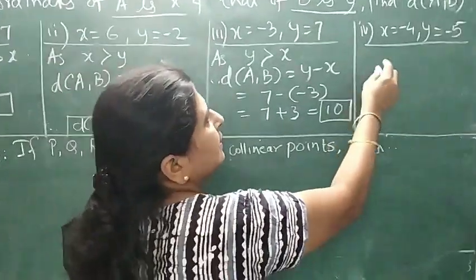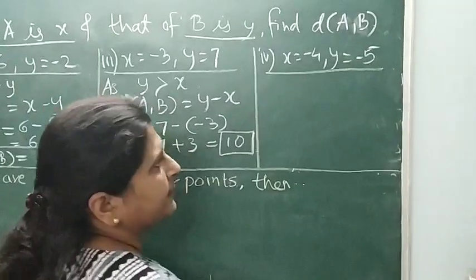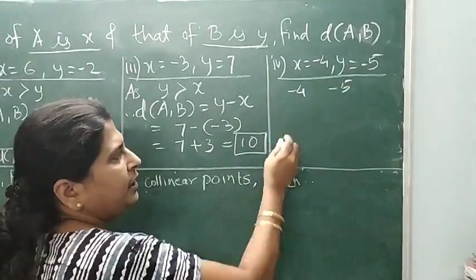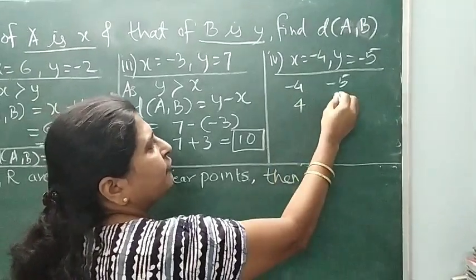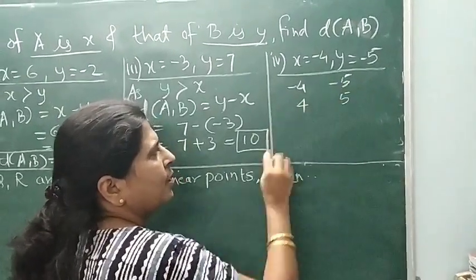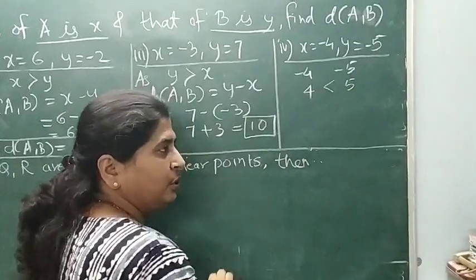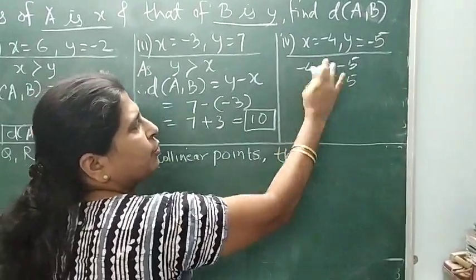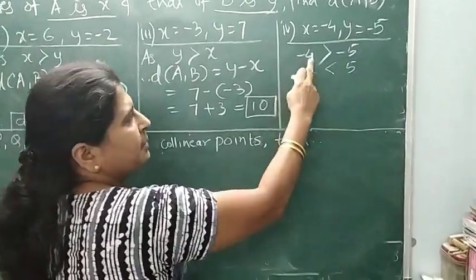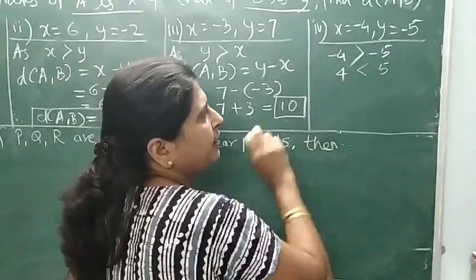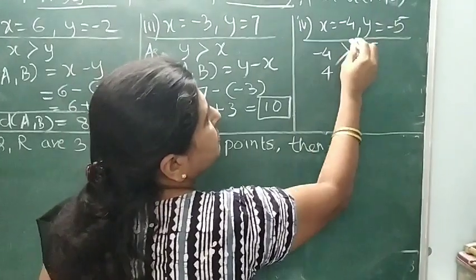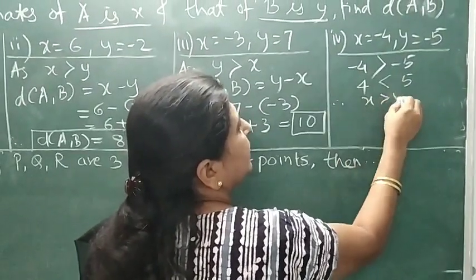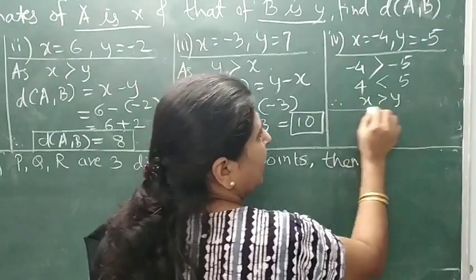Let's take the last one. Here minus 4 and minus 5. Now we have to compare minus 4 and minus 5. We can compare in our mind that 4 and 5 are both positive, and 4 is smaller than 5. Surely this is going to be bigger than this. So we have to do the reverse relation between negative numbers, whichever we have in positive. So in this case, minus 4 is bigger, meaning x is bigger. Therefore, x is bigger than y. So this is for our work.